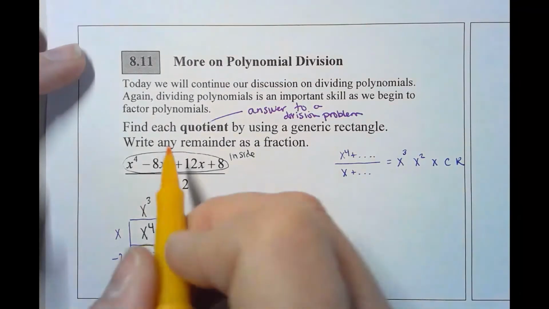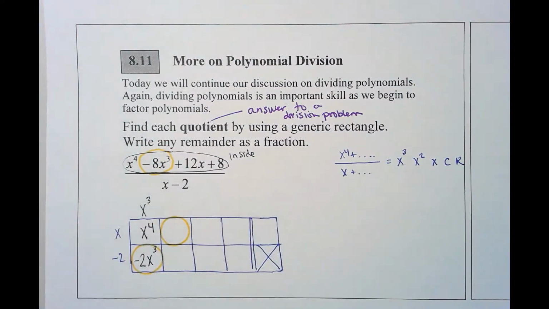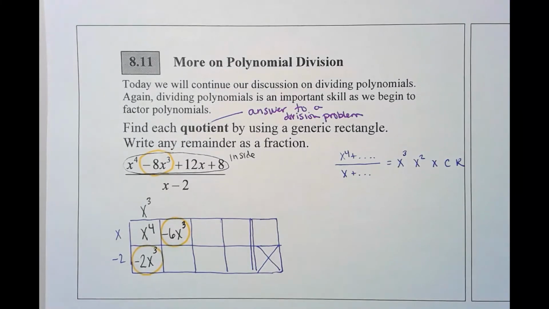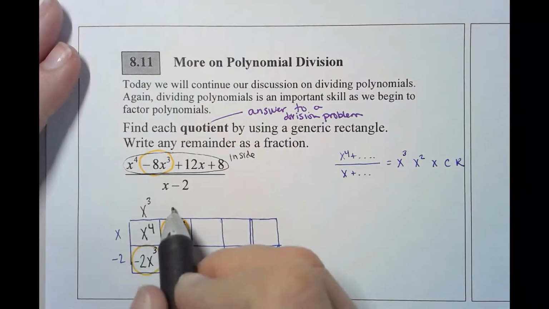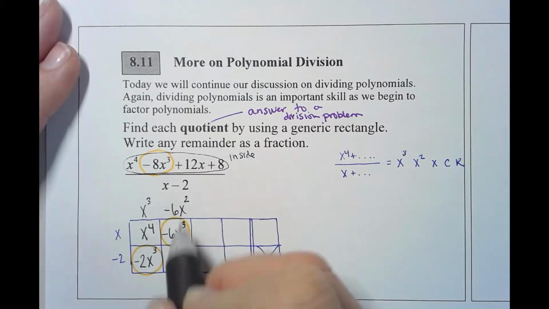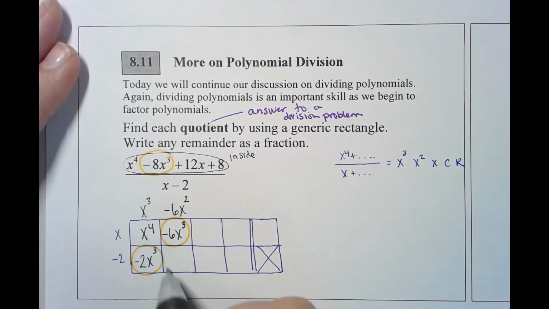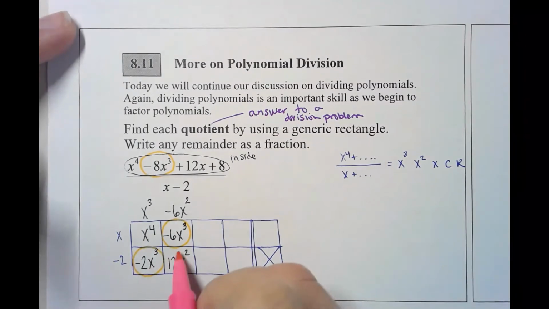Those 2 boxes there are my x cubes. X cubes, I need a total of negative 8 of them. And right now I have negative 2, so I need another negative 6. Right? Those 2 boxes together need to add to negative 8. And then we start over. On top of this, let's see, to multiply by x, I need a negative 6x squared. Do a double check. Negative 6x squared times x is negative 6x cubed. Let's go down here. Negative 6x squared times negative 2 is a positive 12x squared. That sets up for us our next